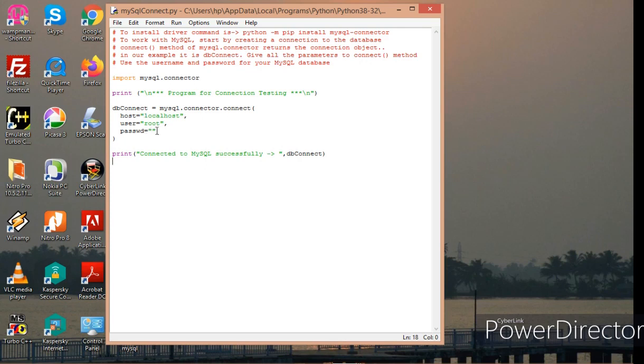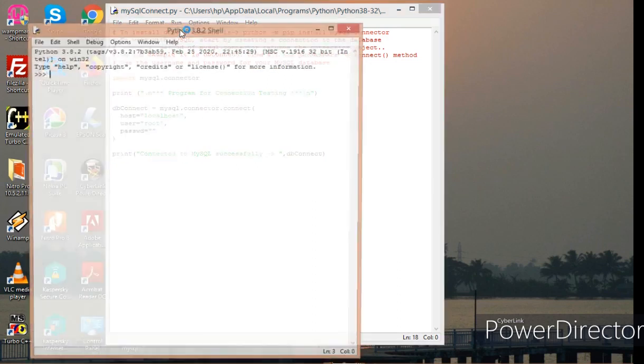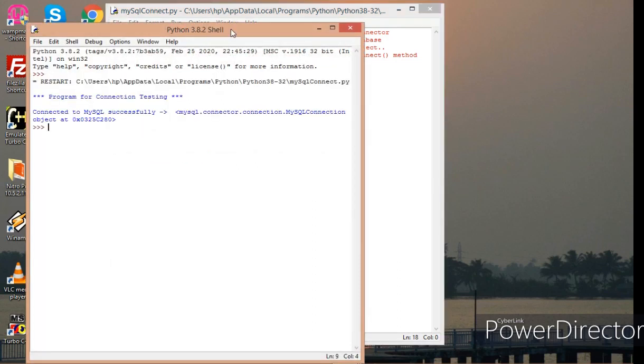So these are the different parameters I must use with the connect method. Okay, so let me run this particular program. Okay, it says connected to MySQL successfully. So you can just look at this, the MySQL connection object is giving this particular message.